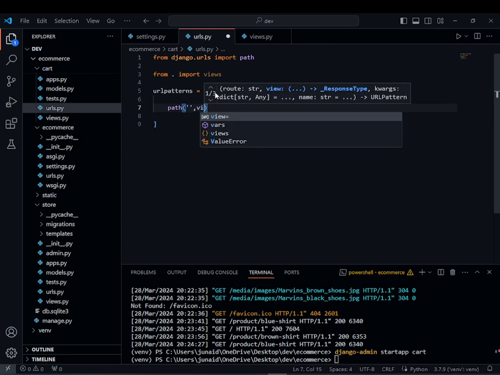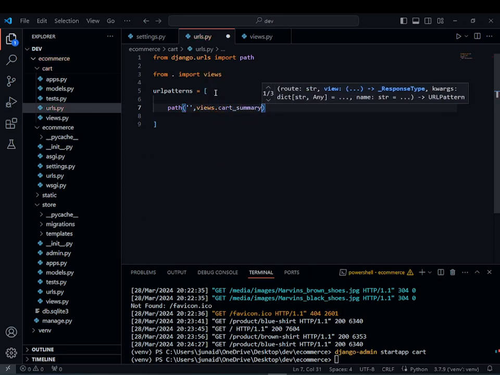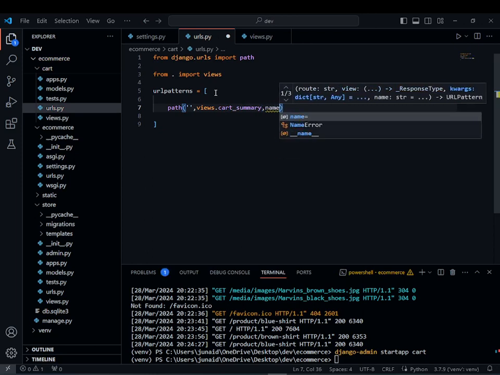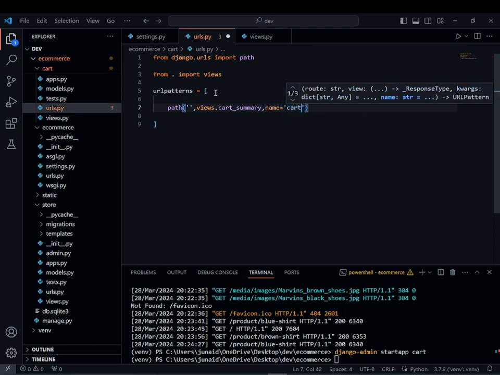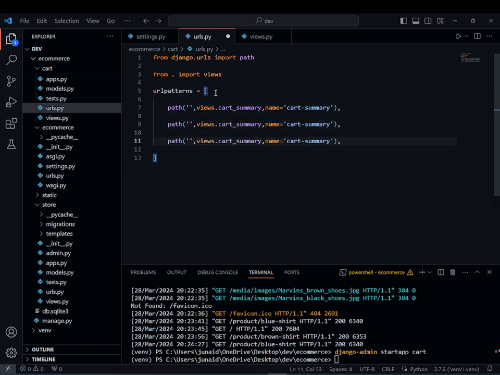In your urls.py file, just include your URLs with an empty string. We want to get our views.cart_summary, and we name it cart-summary, and put a comma. Remember to use the DRY principle, don't repeat yourself, and copy it for add, delete and update. Now change your name to cart-add